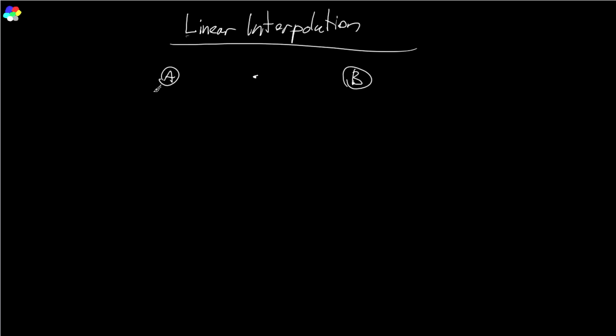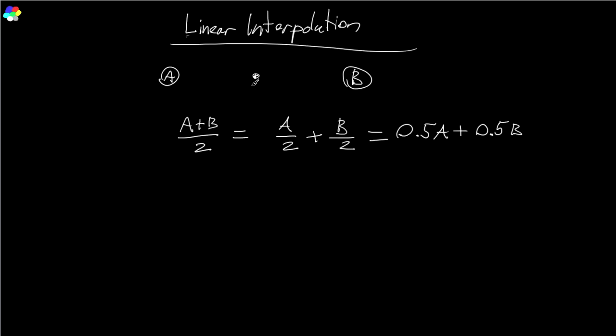So let's explain that. Let's say you've got two values A and B, and you want to find a value that is halfway between them. Well, we know if we want to find something that's halfway between two values, we just average them. We add them together, we divide by 2. Now you can rewrite that as A divided by 2 plus B divided by 2. And you can rewrite that as 0.5A plus 0.5B. And this is the way we like to think about it. So we can call these values here weights. And you're weighting A and you're weighting B, and you're giving them equal weight so that they both contribute equally